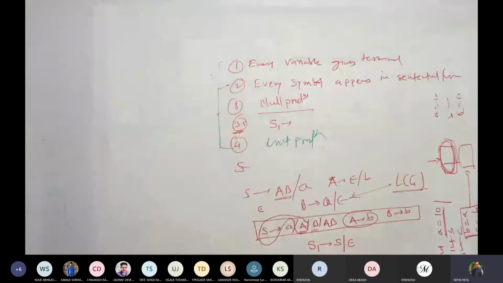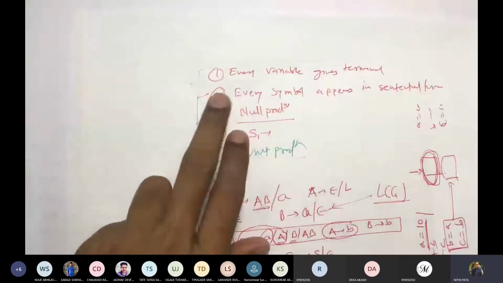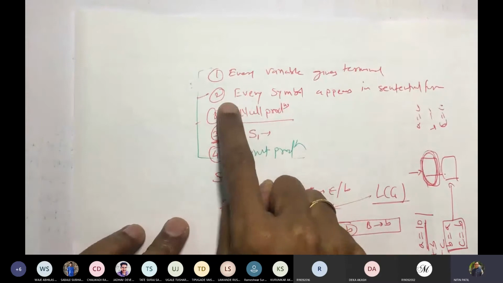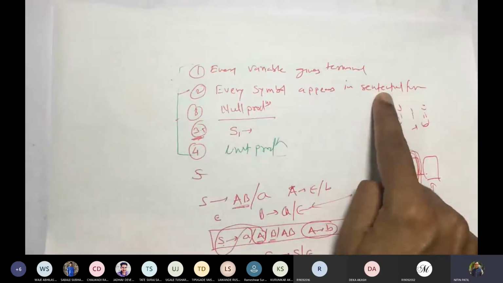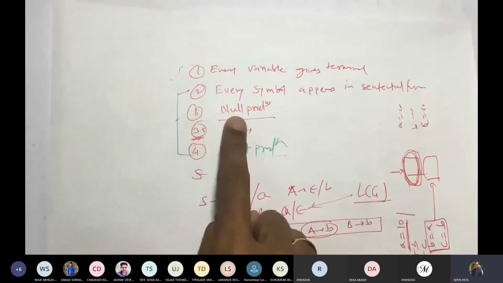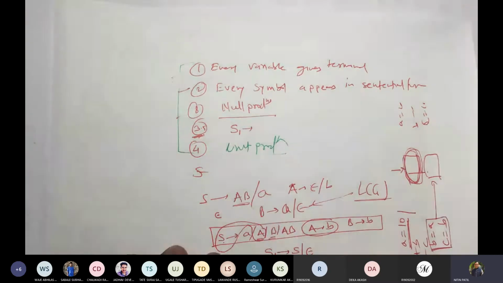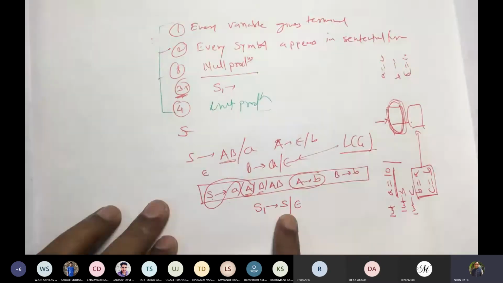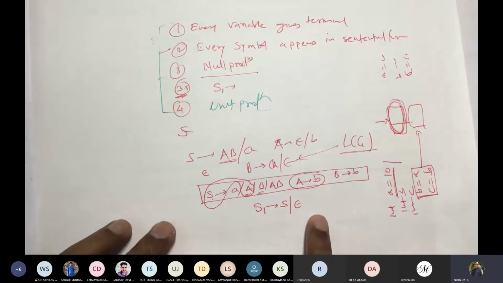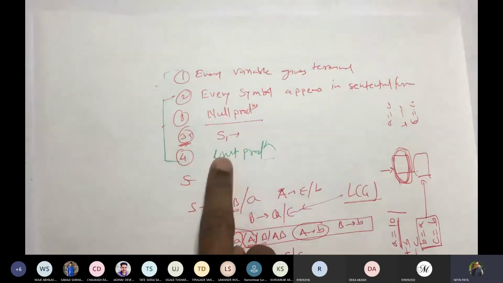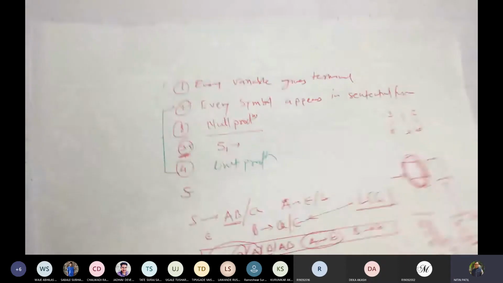Now remember, whenever I am referring to algorithm number 1, it gives me terminals. Algorithm number 2 is the sentential form algorithm. Algorithm number 3 would be null production. Algorithm number 3.5 would be introducing S1 gives S and S1 gives epsilon. Only these two to be added, with this set. And the last algorithm is unit production, which we saw a while ago.